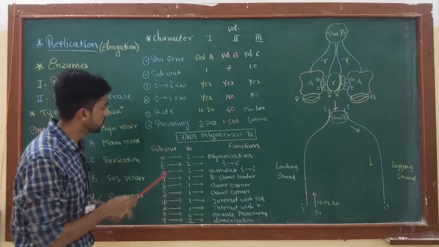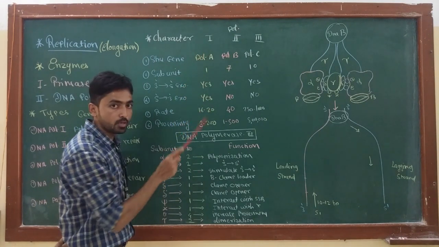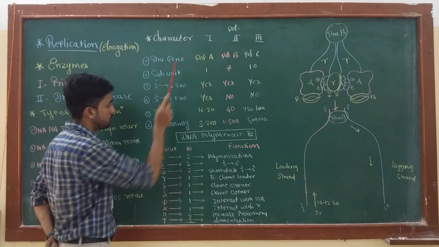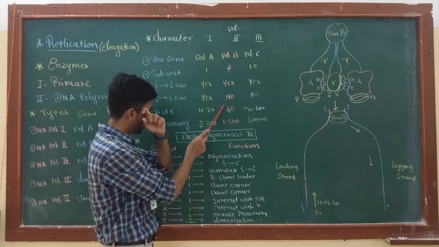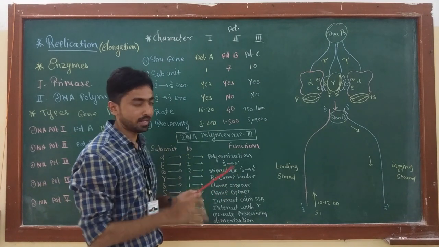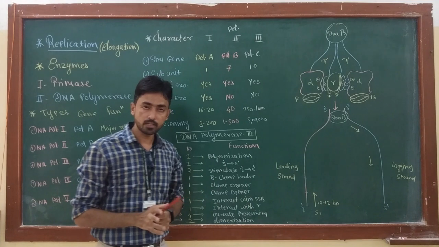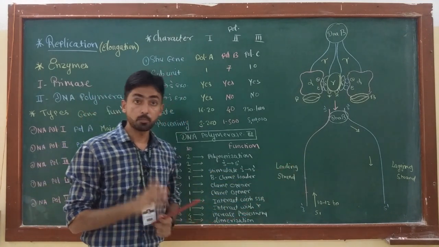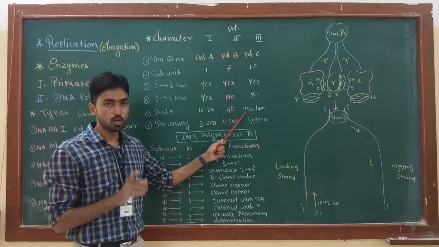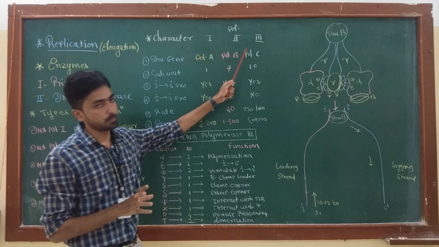And here you can find 16 to 20 nucleotides are added in the new DNA strand by DNA polymerase 1 per second. DNA polymerase 2 adds 40 nucleotides per second, while our main enzyme DNA polymerase 3 has the ability to add 250 to 1000 new nucleotides in the growing strand per second. This is called the rate of DNA polymerase 3.